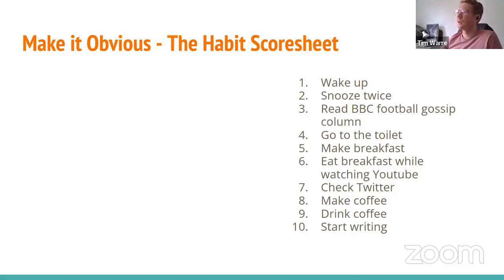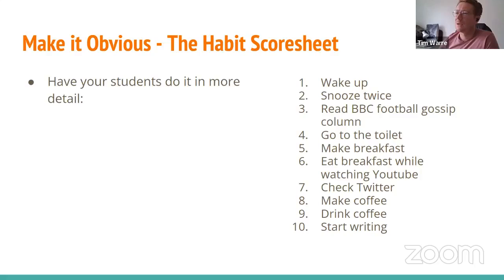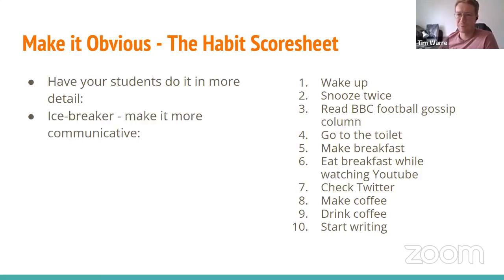So in the classroom, what you can do is get your students to do this in pairs. Okay, you have to go through their normal routine and be very obvious. Show them your habits first, highlighting some of the maybe slightly negative things you do, being very honest. Then we get them to do it in more detail. This works as an icebreaker. You put them in pairs, get them to compare their habits, open up a little bit, be a bit professional,